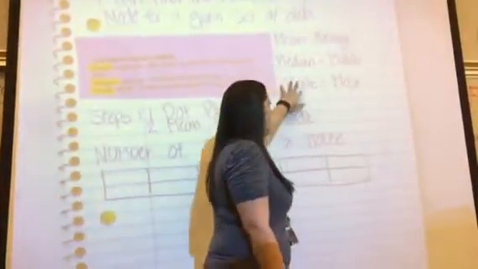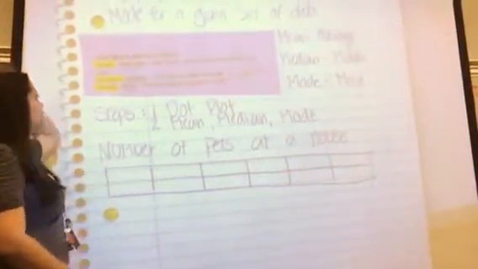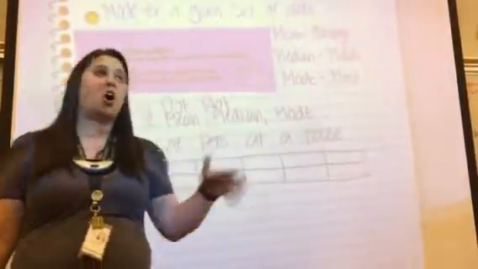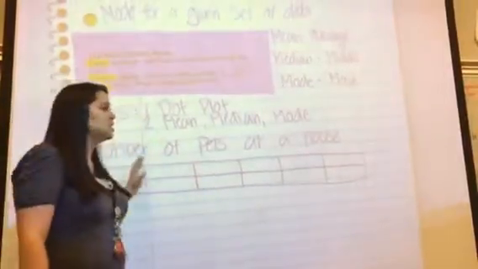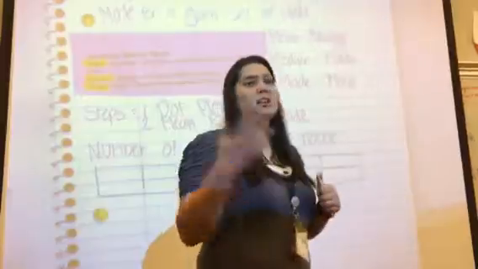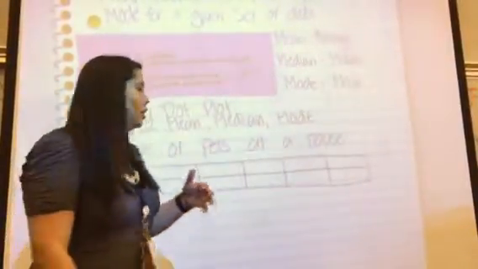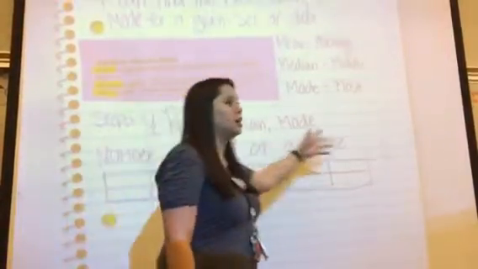Okay. So mean, median, mode. So today you are going to be working with some given data, and you're going to be asked to find the mean, median, and mode. And it's not hard. I'm going to show you how you do it, and it's not hard. Okay. There are 2 steps. Step 1, you're going to take the data and put it in a dot plot. This is your work. Okay. It's not just something to fill some time with. I promise you, it will help you. Okay. So you're going to do a dot plot, then you're going to find the mean, median, and mode.